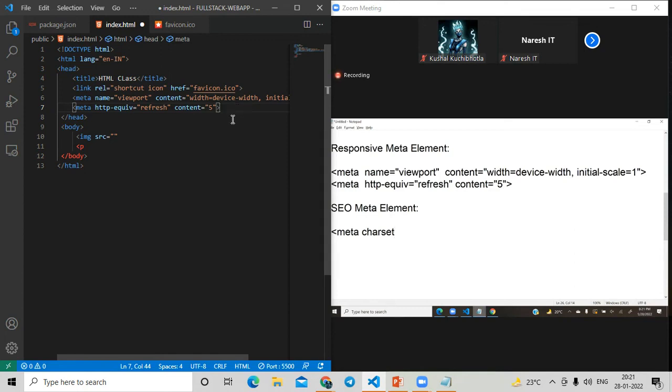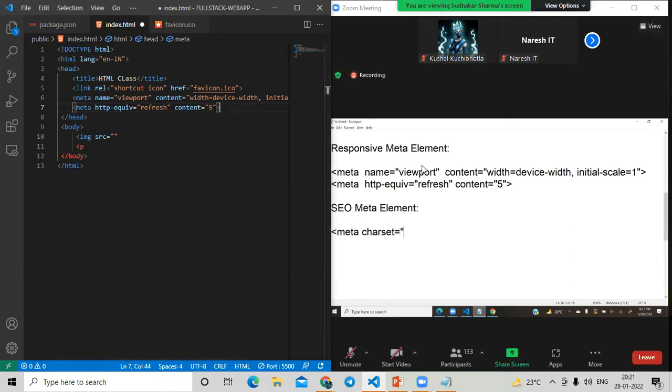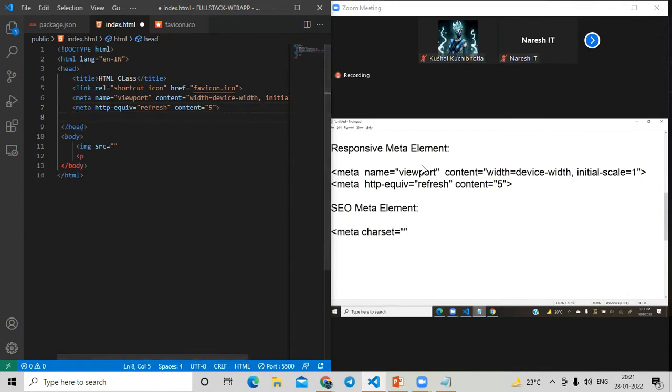Charset is defined by using UTF-8, or UTF-16, or UTF-32. That is how we define the character set. You have to write only one out of these three: 8, 16 and 32. UTF stands for Unicode Transformation Format.